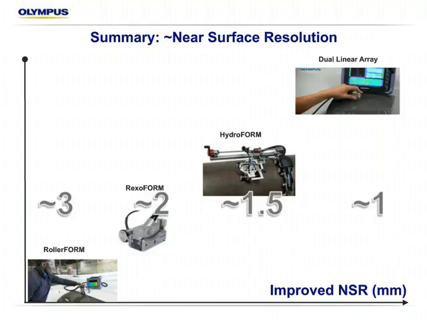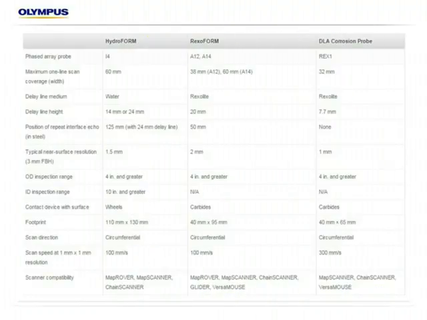So, a little bit another comparison table. I won't go through it all. I'll just point out a few quick things. So scan speed, typically for all these, we baseline them with a resolution of 1 millimeter by 1 millimeter. So in that, we're talking about the scan axis and the index axis. So when you get the data back, you're able to look at every millimeter in both directions, and that's your